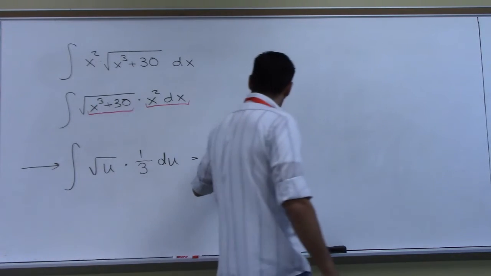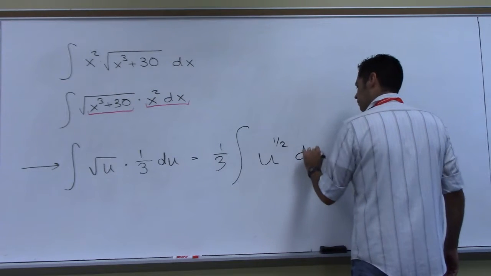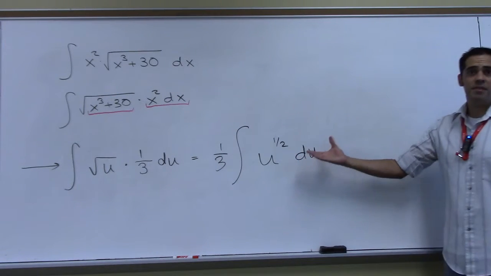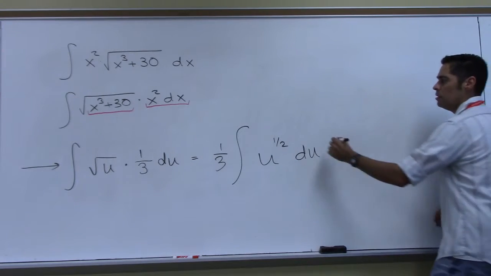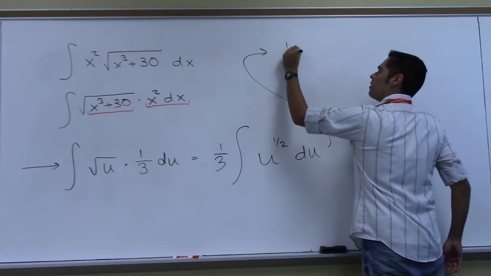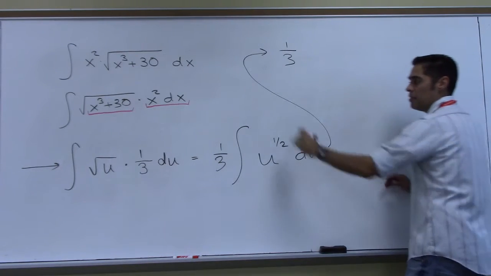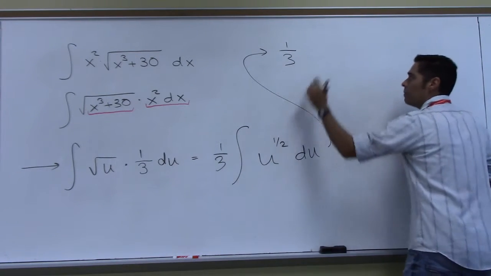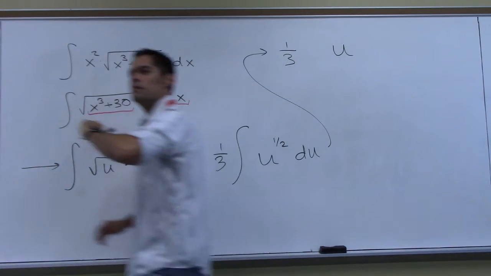So change it to u to the 1/2 first, and then du. And now this is a power rule, right? Your variable's u now. It's a power rule, so I have the 1/3 out front, and then I'm actually taking the antiderivative now, so the integral sign is going to go away. I'm going to write u, and let's see,